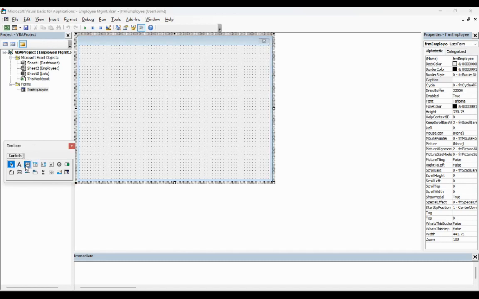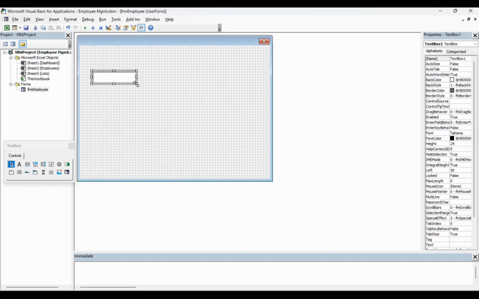In our toolbox, you'll see we have, just like it sounds, all these tools. We have labels, text boxes, combo boxes, list boxes, all sorts of things. So let's go ahead and start off by using a text box. Now, remember, this is what the user is going to use to capture the data. So our data is what was in all of our columns on our employees sheet. And so with this, we want to make sure that we add in everything that is on that employee sheet,